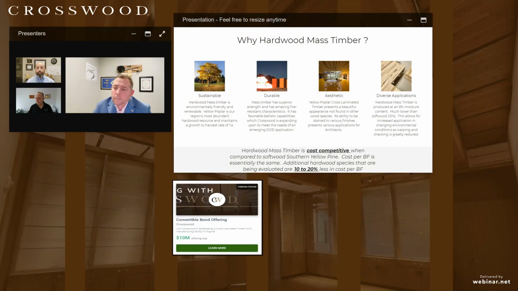The number one point, if you take nothing else away about why use yellow poplar here at Crosswood, it's about the growth to harvest rate. Yellow poplar is an underutilized wood species in the Appalachian region. We like to stick with the 1.4 number. We get that straight from the USDA. However, if you look state to state, that number is actually higher in Virginia. I believe it's close to 1.9 growth to harvest. And even in the state of North Carolina, it's almost double. Or it is double. It's 2.1. There's no almost about it.